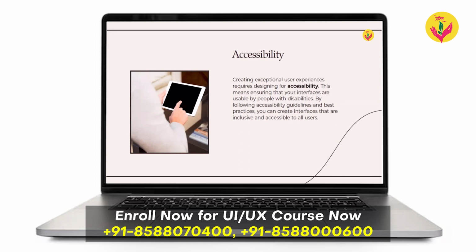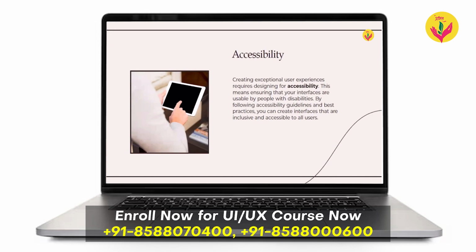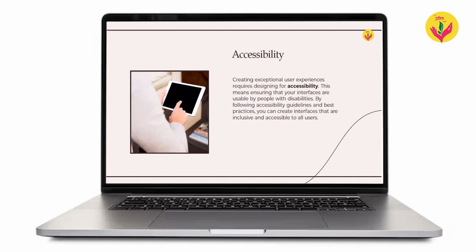Okay, so if you take Spotify, in Spotify we used to have a free one, at the same time the pro version as well, the premium version, right? In the premium we don't get the ads, right? So same thing, if I want to get it, can I get the same package in the free one? We can't get the same package in the free one, correct? So what will happen is, if you're not giving that accessibility, user is going to switch to the next product. Okay, so that's the reason we have to create a product which is available for each and every user. That is called accessibility, which plays a vital role in user experience as well.